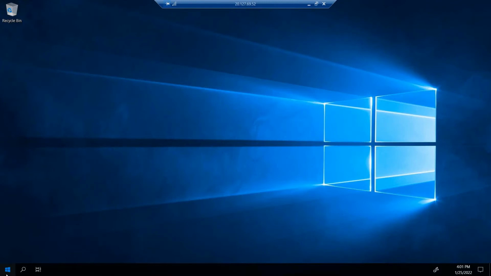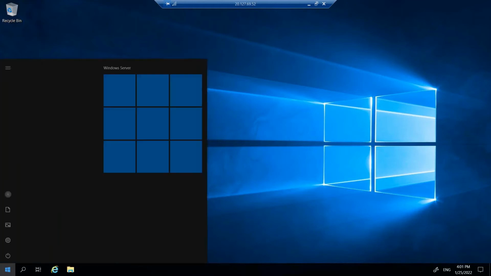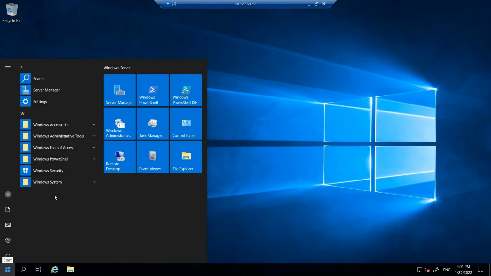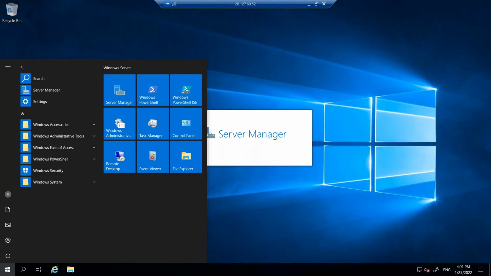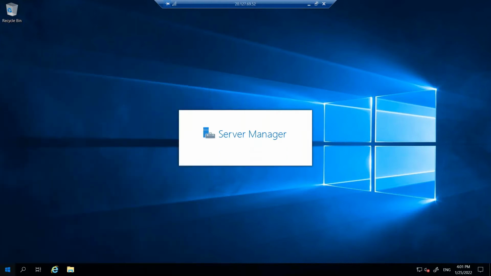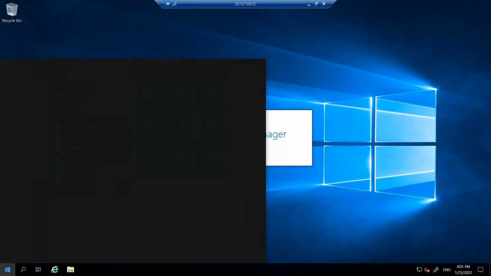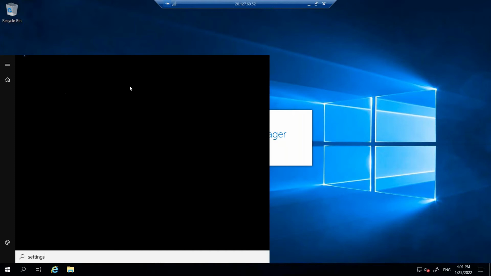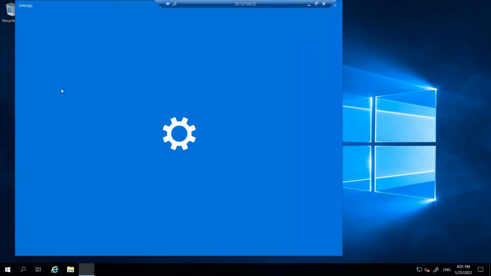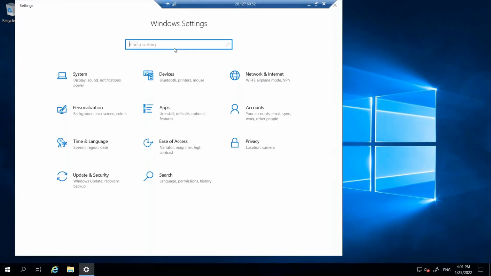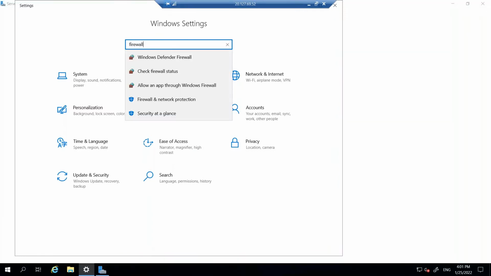This is booting up. So now from the settings option, we'll search for firewall.